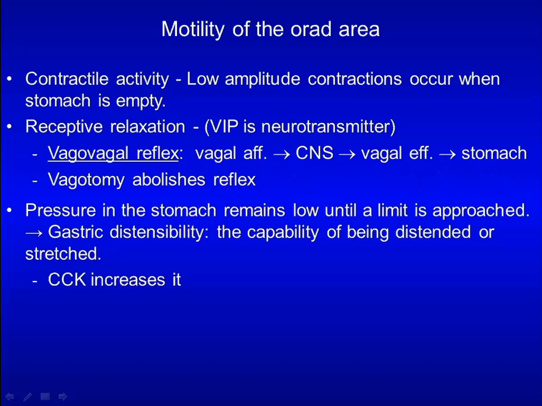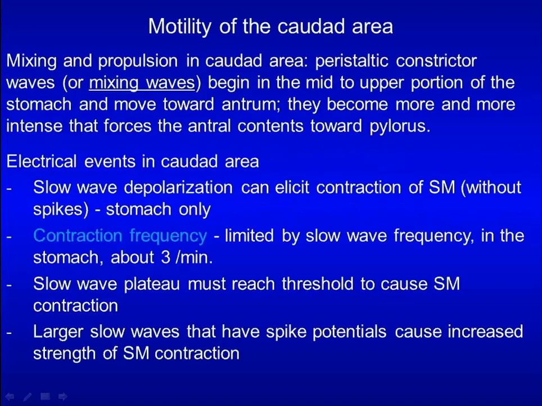Food causes distension of the gastric wall. The capacity of being distended is called gastric distensibility. CCK increases the gastric distensibility. When the food volume hits a limit,